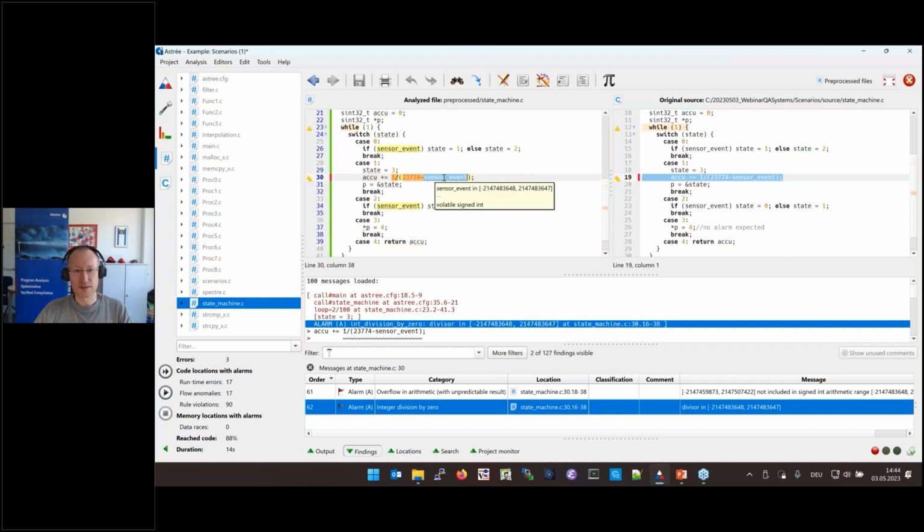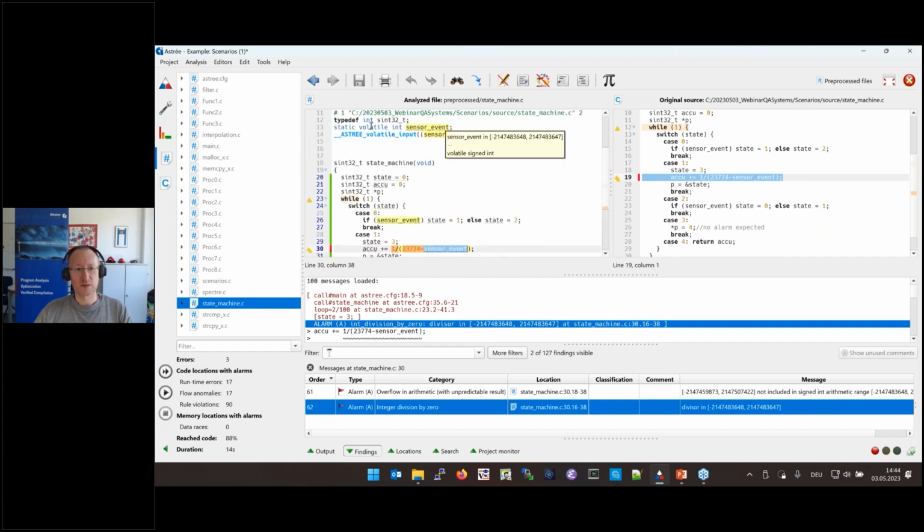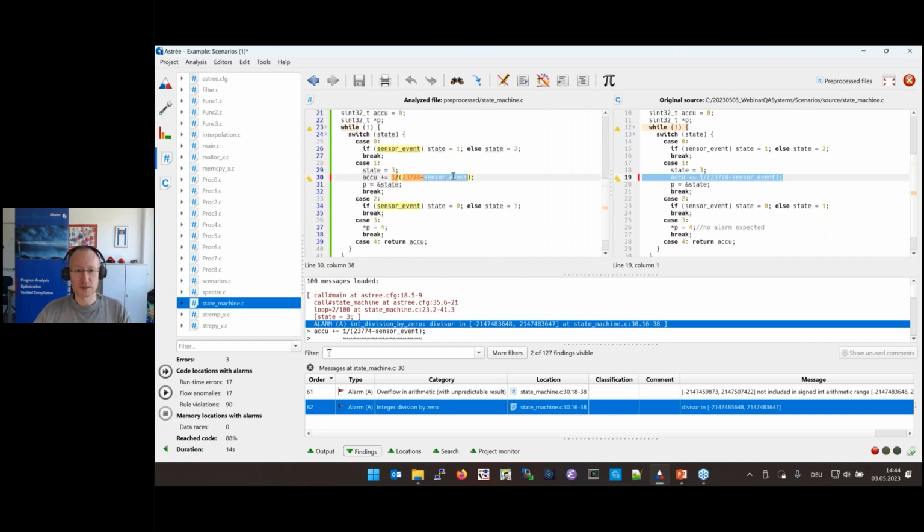And of course, if the sensor has exactly this number, then indeed we have a division by 0. You can see the sensor event has been declared as a volatile variable. If you do an interface contract, you could also specify ranges with Astrée in this syntax here. But if you don't, we have to assume that it can take any possible value, and then you can have this division by 0.